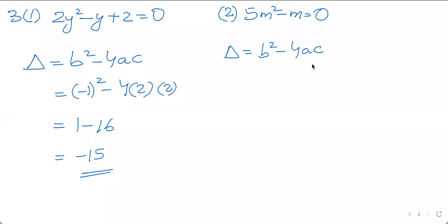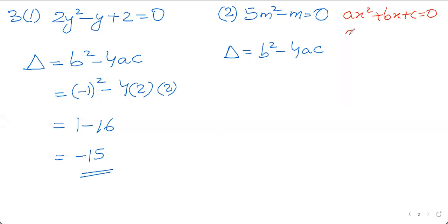This equation is not in the general form, because the general form should look like ax square plus bx plus c equals to 0. Anushka, correct. You got your B wrong, Anushka beta. So first we will have to write this equation in the general form only, then we will be able to find A, B, and C.